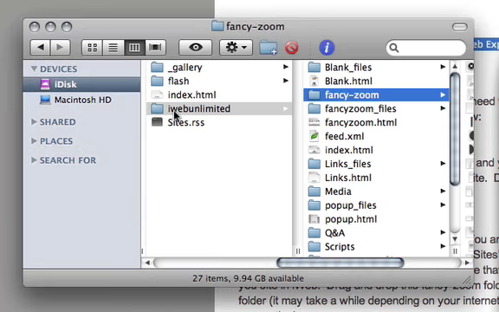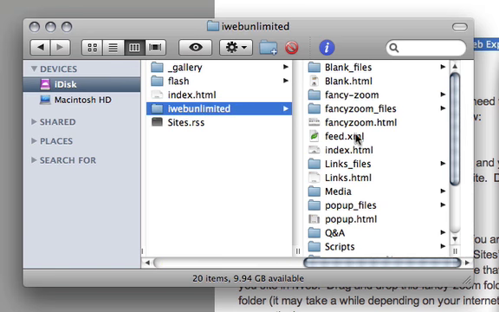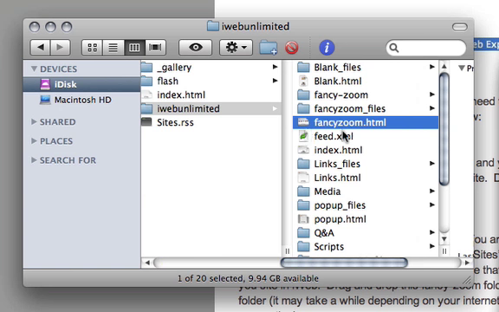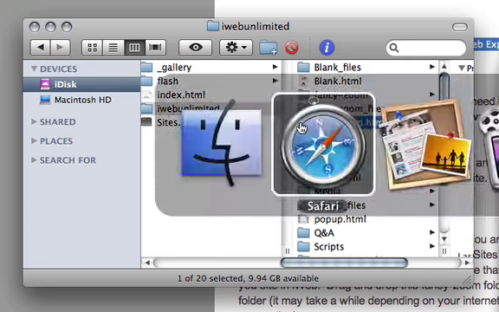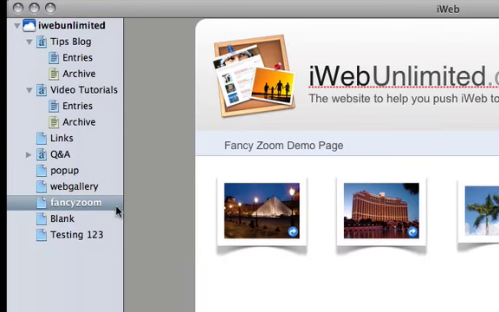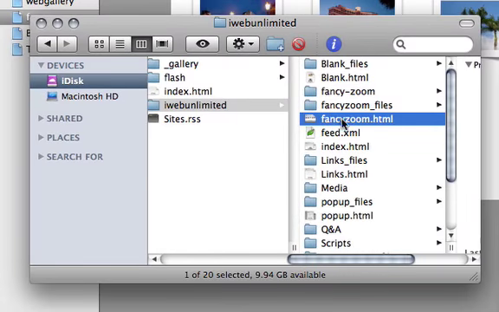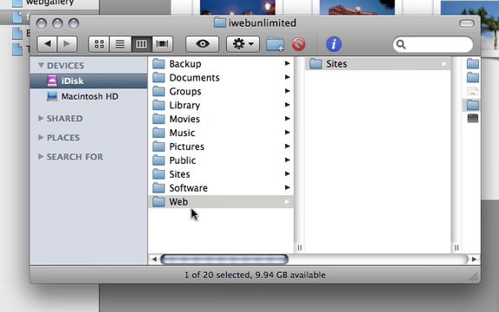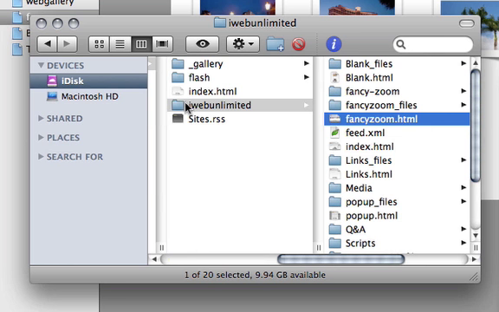Inside of that same folder that we had published, you will find your HTML file. In this particular case, this is my HTML file that I'm going to want to change. You'll notice this is the name that you had given it in iWeb. Here in iWeb I titled this page Fancy Zoom, and I see the exact same page here now in my iDisk. Again, to retrace, it's in the iDisk, Web, Sites, the name of your published folder, and then the